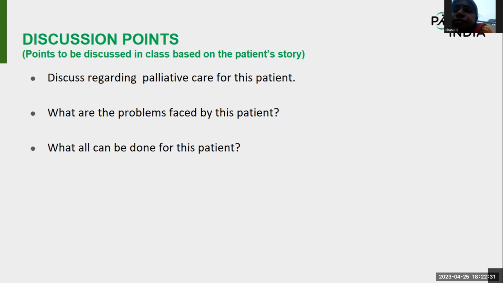And she will need psychological help. Yes, ma'am. To counsel her and take care of her. Not psychiatric; psychiatric is different. They will add medicines. Even psychological support is all that she requires, along with your medications. Fine. And like Dr. Radha said, we need to document the pain score. If the pain score is less than 3 or 4, that means you got good relief of pain. But if it is higher, then we may have to act. Like you're giving piroxicam, how much has it come down? It will also help to know whether your treatment is efficacious or not if you're monitoring the pain score.